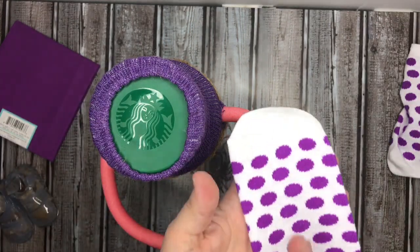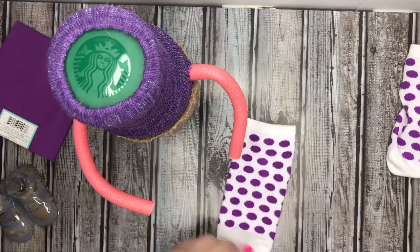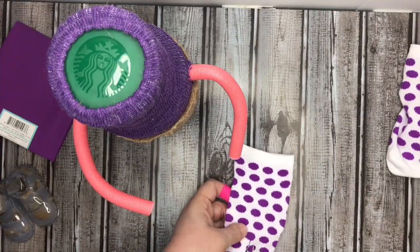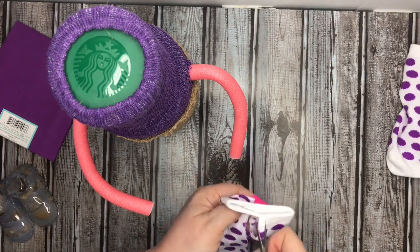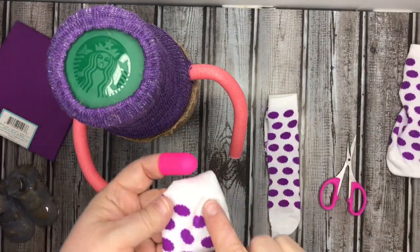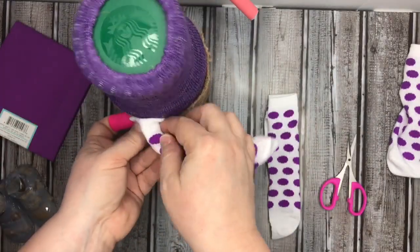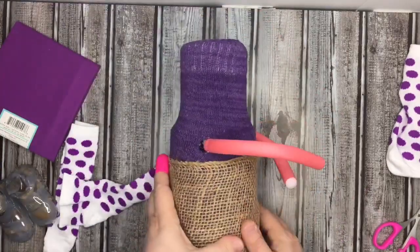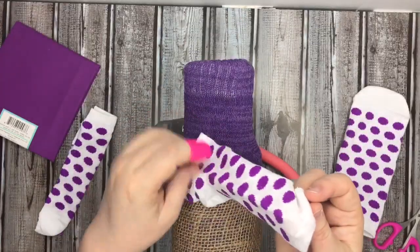So as I said, we're going to use these polka dot socks, and I'm just going to cut them literally down the middle of these socks so that we can use these to cover the arms. And I'm cutting them down the middle so that you can see there where the toe of the sock was, that's going to be the area that we cover the hand with, or what would be the gnome's hand. So we'll cut those in half, and then we'll lay that down just in that manner,